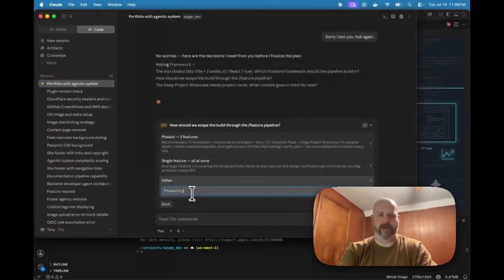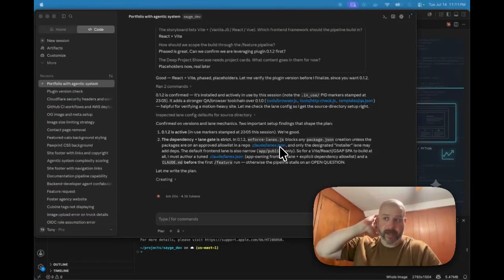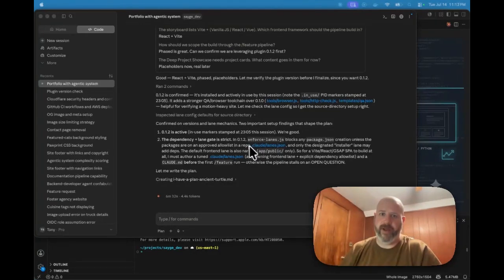Phased is great. Can we confirm we are leveraging plugin 0.1.2? That's my most recent version. Placeholders now, real later. So I built this Agentic Dev to have some pretty strict guardrails around what is allowed